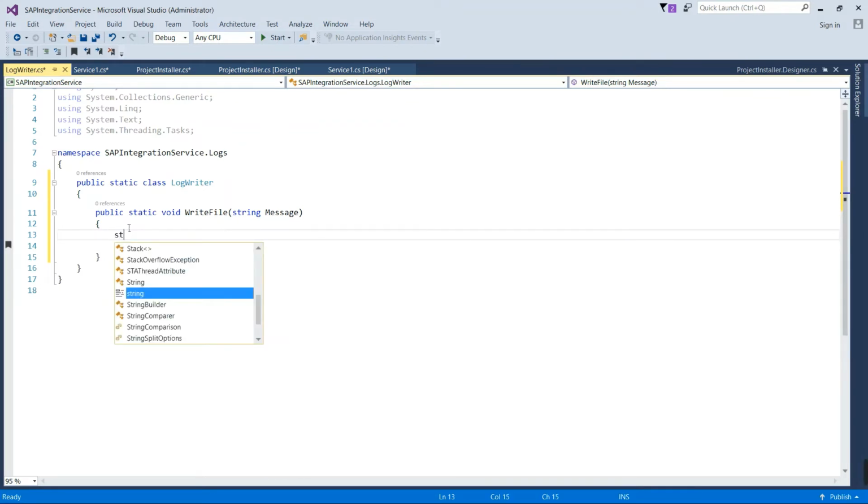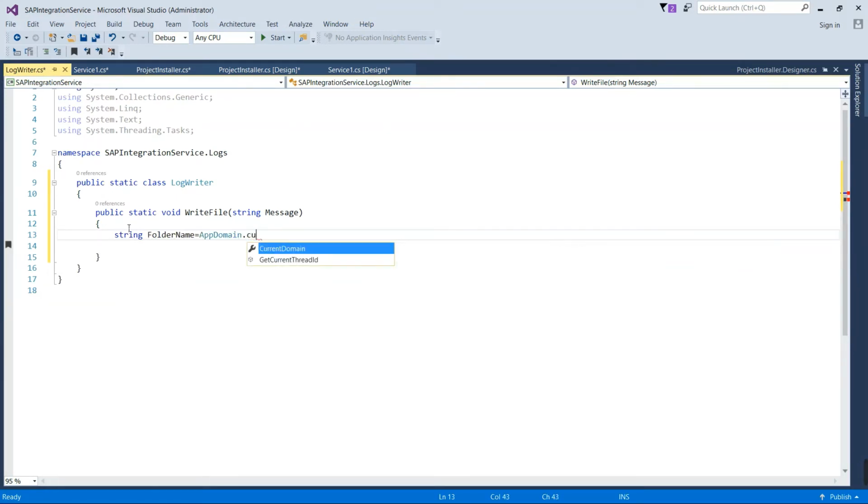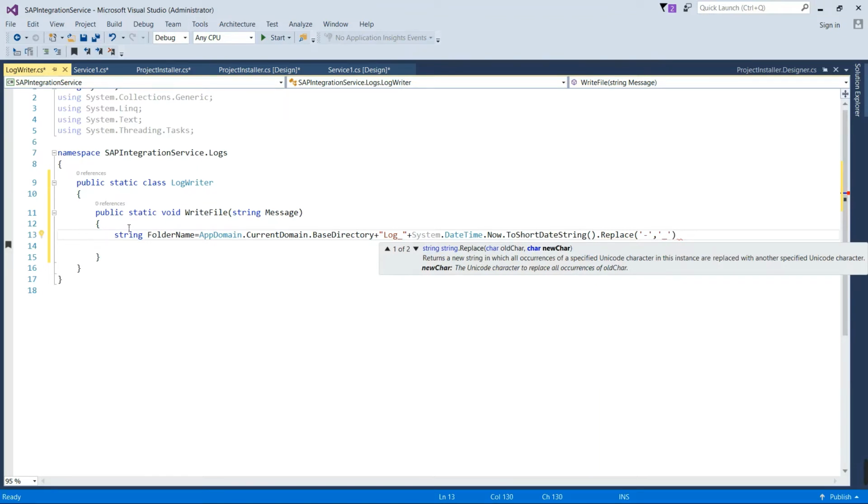Now let me create a folder. Let me replace the dash from the date with the underscore.